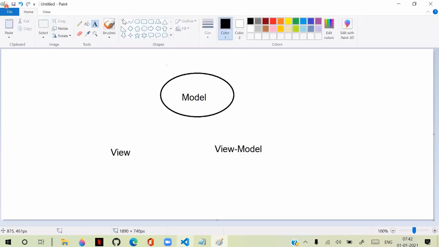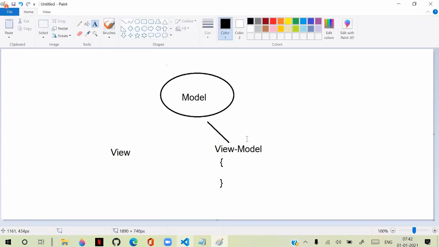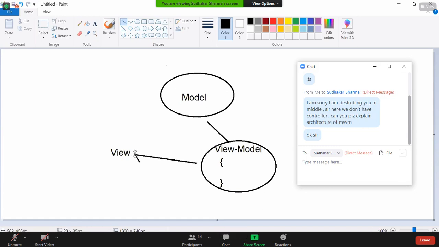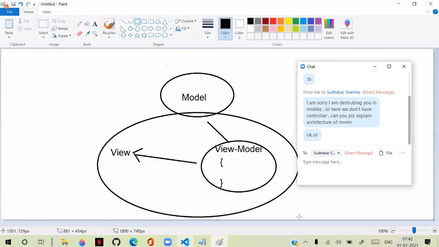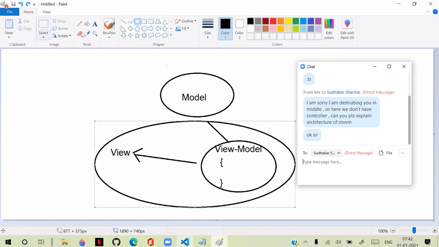The data is in the model, and the logic for the data is present inside the view model. That means this is present inside the view only, and the presentation also happens in the view only. So this entire thing is in the view only.